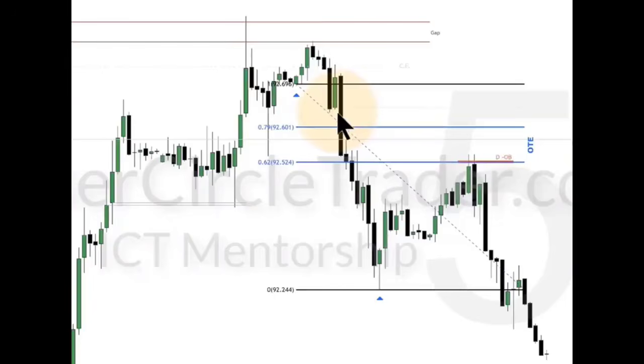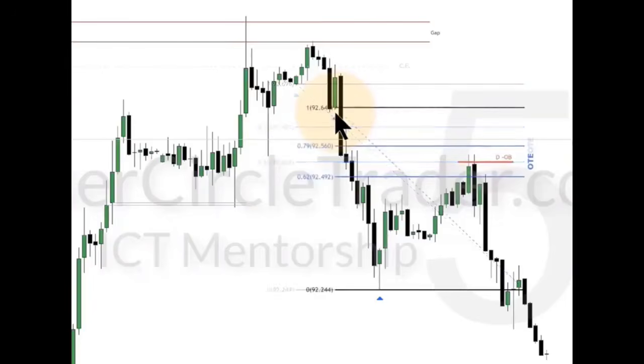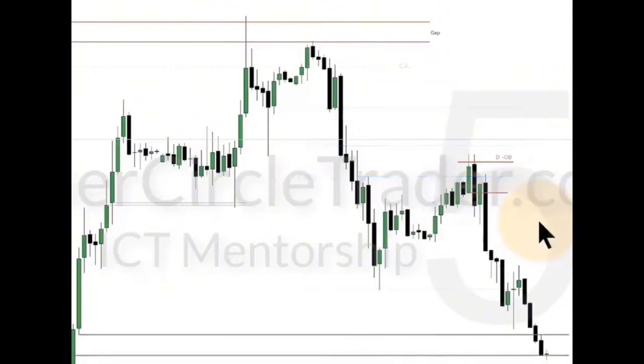Now we're going to look at the secondary change in the state of delivery, which is this low here at the opening price. There. When it creates that up close candle, draw your fib from that down to the low, same thing. You get essentially the 70.5 level, but optimal trade entry nonetheless. Market breaks away from that